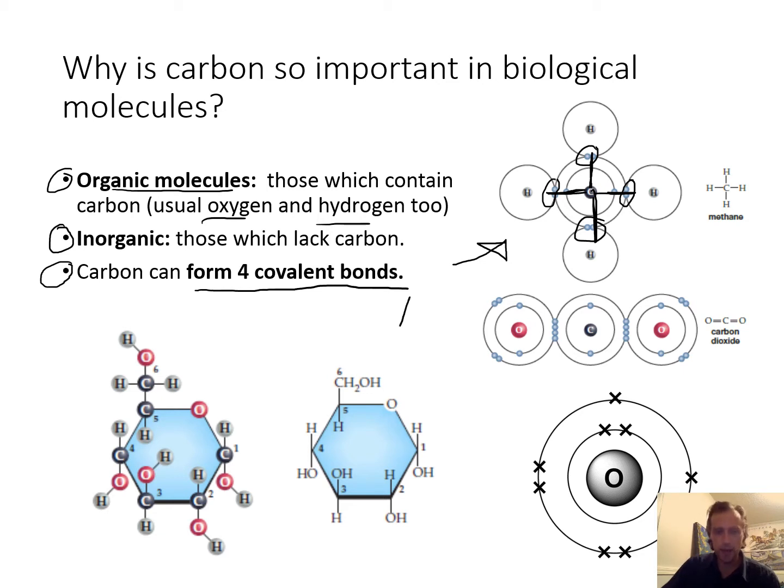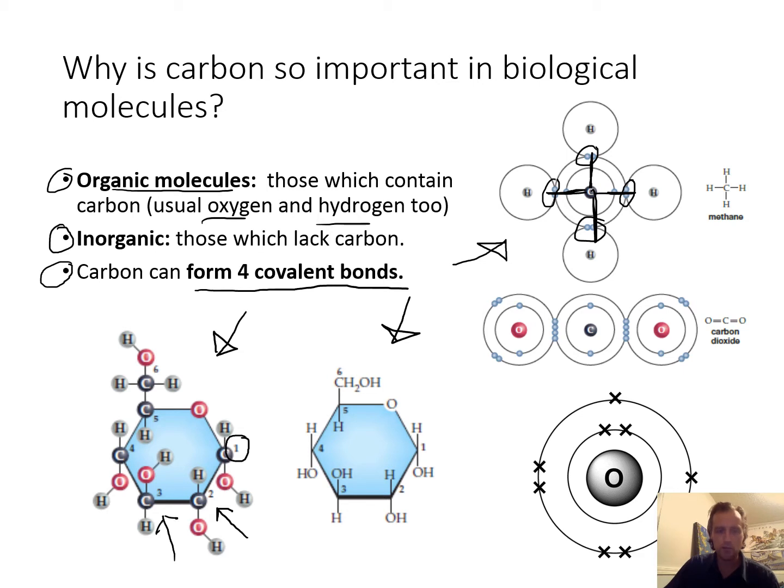Let's take a look at glucose, which we've already talked about a little bit. On the left, that is also glucose. Here on the left, they've actually written all of the carbons. You can see they even number them. We don't have to get into that in this class. So that's carbon number 1, and then carbon number 2 is right here, and then carbon number 3 is right